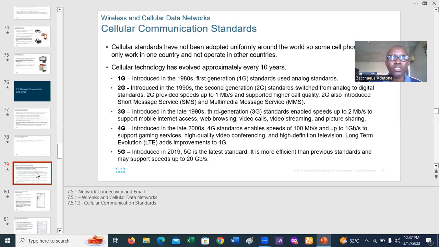Because 5G may support speeds of up to 20 gigabits per second. Right now, what we are using mostly is 4G, which can support speeds of up to 100 megabits per second or 1 gigabit per second. Now we are talking about a system that will operate and provide 20 gigabits per second. How fast can that be? We can actually see it's going to revolutionize things. It's going to produce a lot of